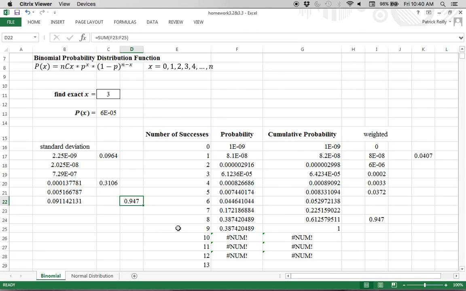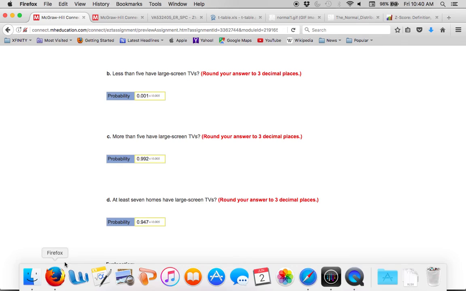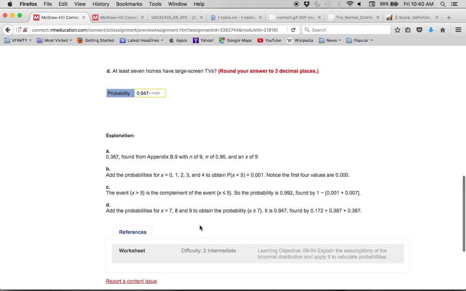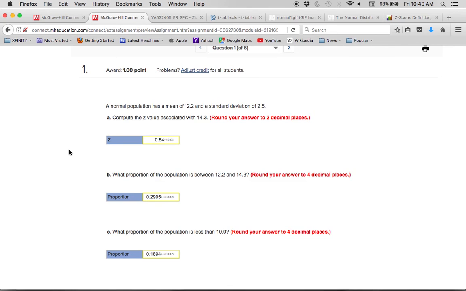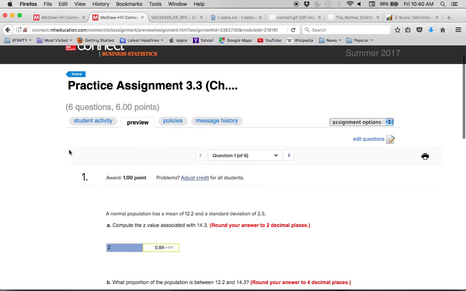You could count them all up and get 70% that way, or you could just do 1 minus the .300 and you get 70% that way as well. Okay. So let's go on to